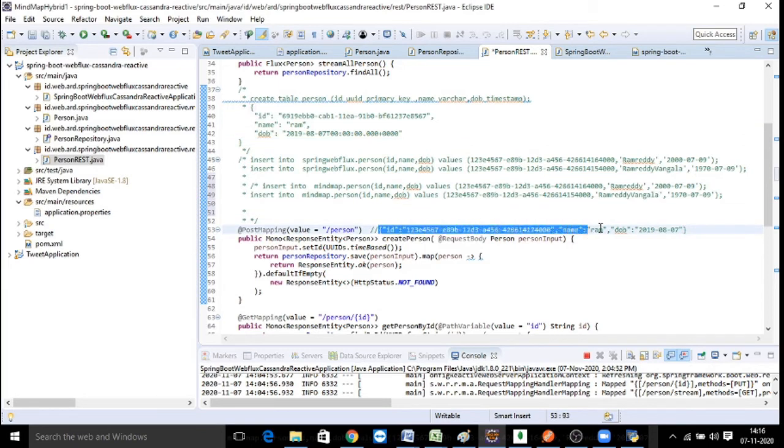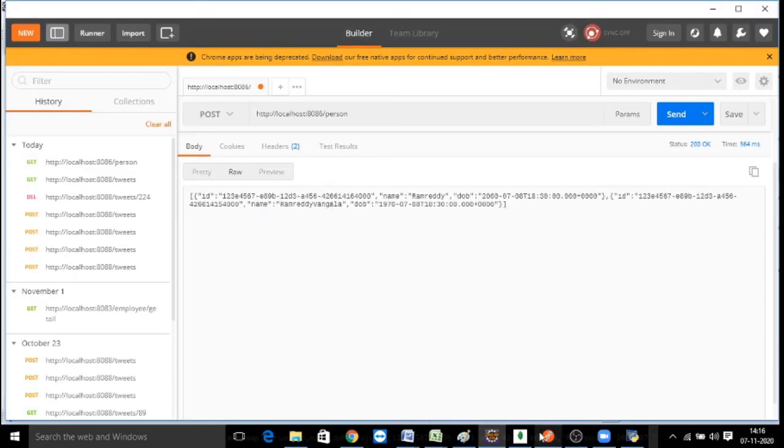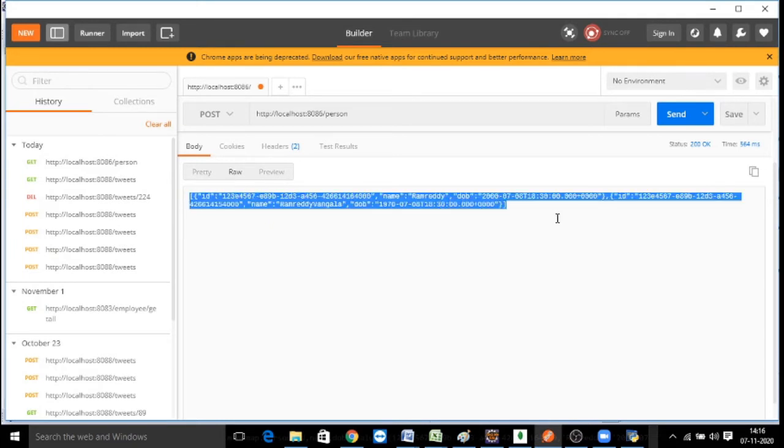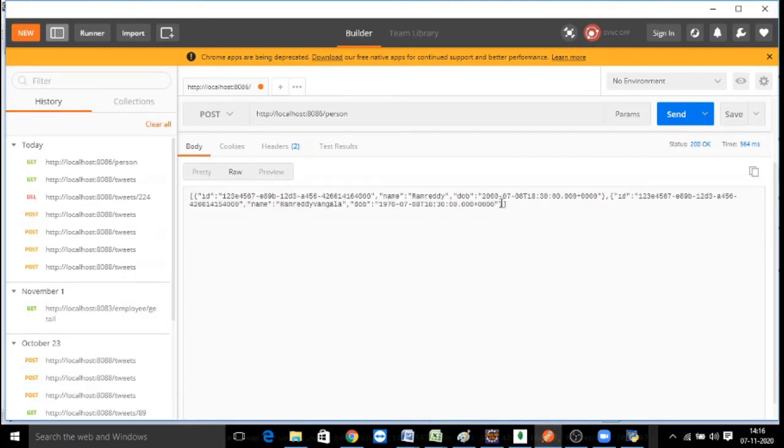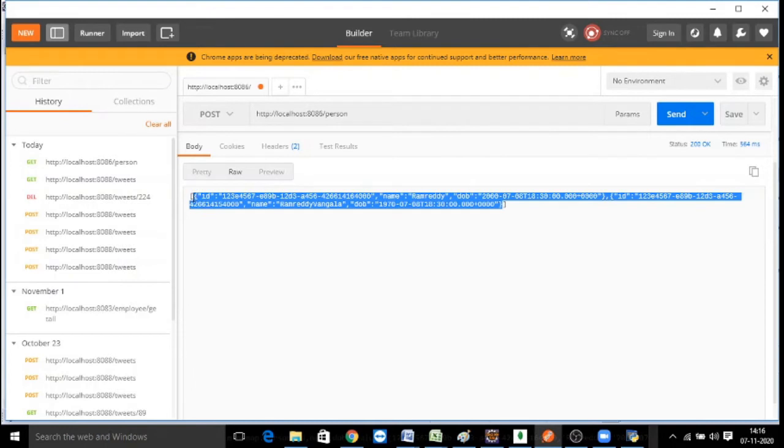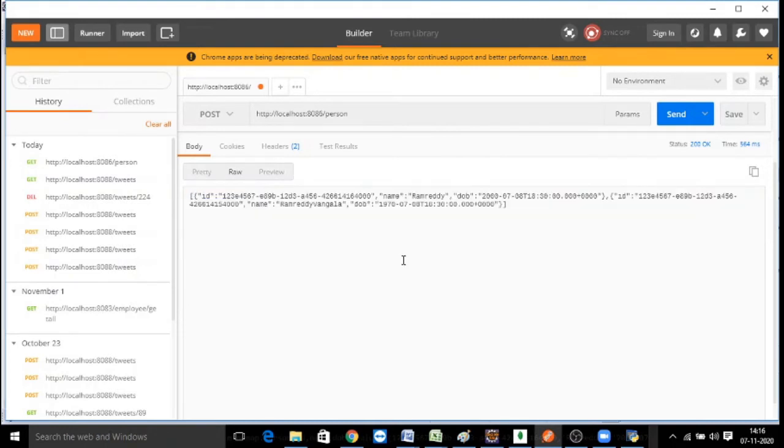I just take one sample data which is available here. First you get with the request, you load the values.